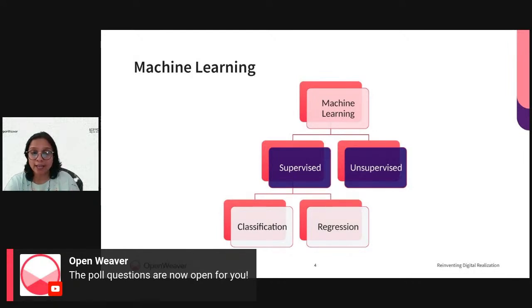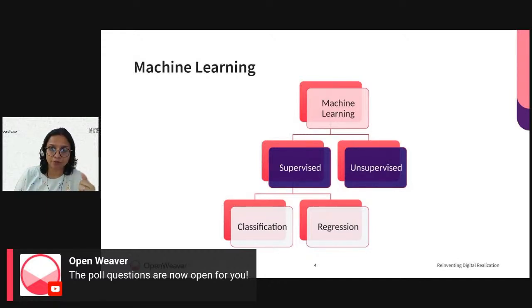In supervised mode of learning, I provide the machine with the data as to what is expected as an output. If you provide the data set and you don't provide the expected output, in such a case you call it unsupervised mode of learning. But here, in the supervised mode, you provide the data set and you also provide the expected outcome. It is known as a supervised mode of learning, wherein you have classification and regression as two further